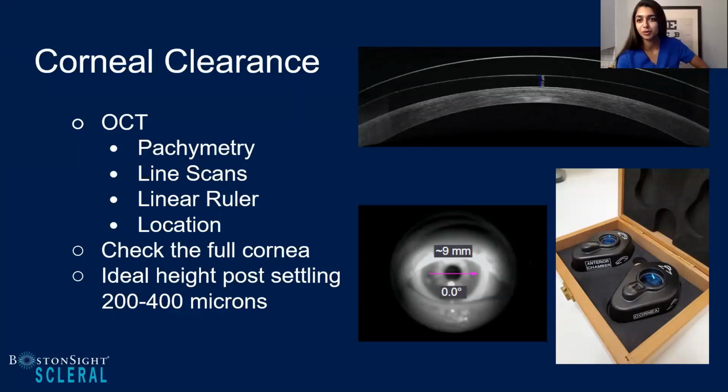So I think in an ideal world, I would love for a lens to settle at least an hour on the eye. There's a great study that was done at Fair State that looked at a particular diameter of a scleral lens. And what they found was that the scleral lens settles the fastest in the first 20 to 30 minutes, and then about 50% at the hour mark, and then a large majority after 4 hours. But unfortunately, practicing in Buffalo, I'm in a high volume ophthalmology practice, so I don't have the luxury of waiting an hour for the lens to settle. So usually I allocate at least 20 to 30 minutes before I'm really finalizing what I would assess to be my central corneal clearance.